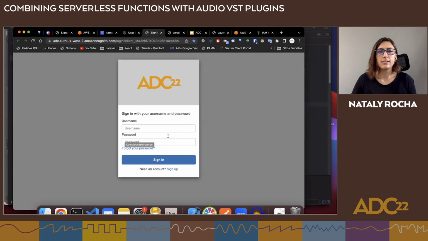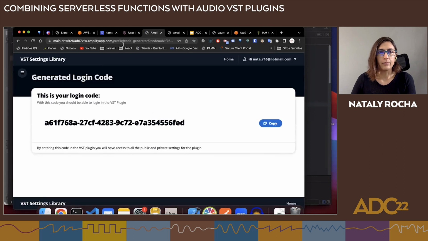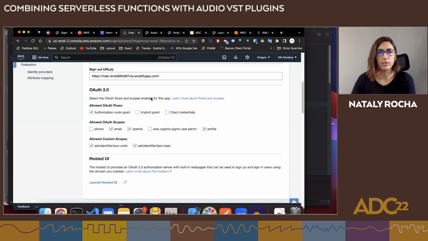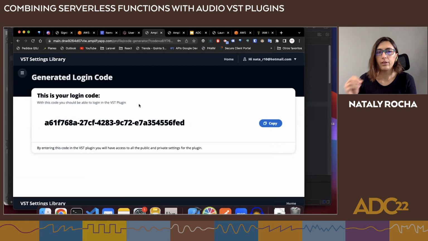So what happens if I try to log in? Let's check. I'm going to log in with this one. If I sign in, it is going to send me to the URL that I predefined here, which is this one, right? And here I can grab the authorization code that Cognito gave me to show the user how he can log in, right? So if the user copies this and goes to the plugin